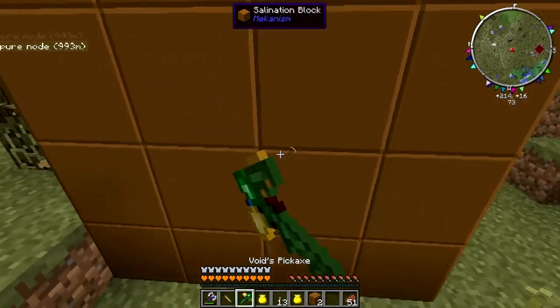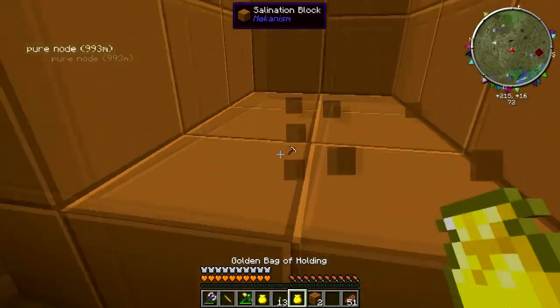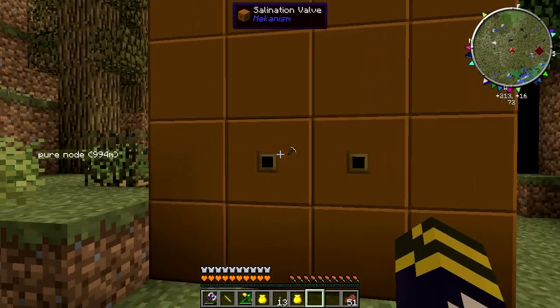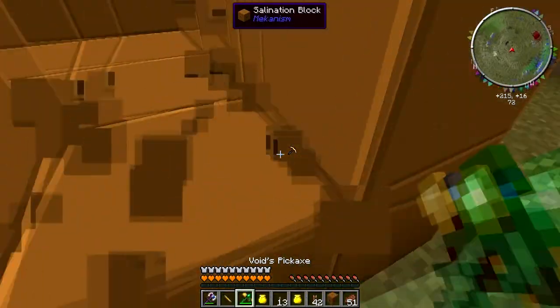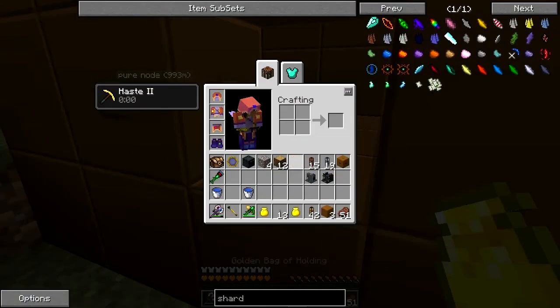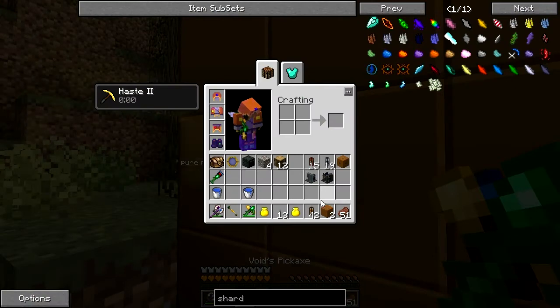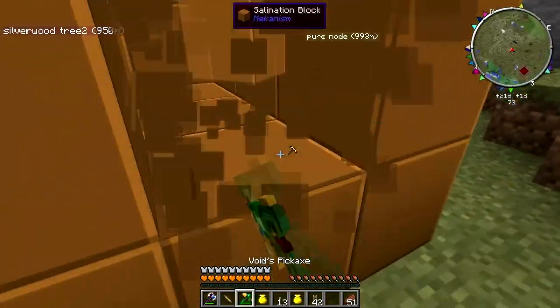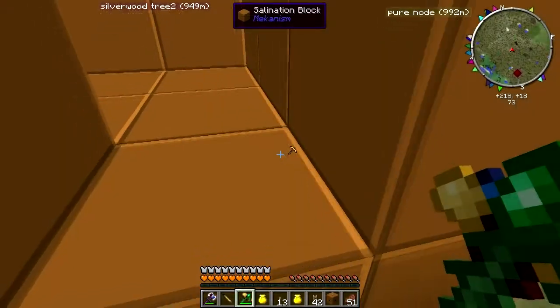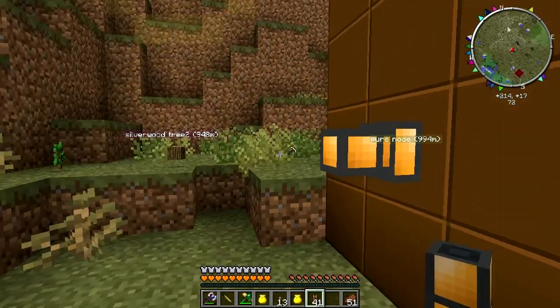So I'm going to put the salination valves right next to each other. Why not? Boop, boop. So I'm probably going to have... No, actually, I don't want them right next to each other because I need an input and an output. So that's not what I wanted. Is there a GUI for that? I guess not. So that there. So... Oh, I need to get a...